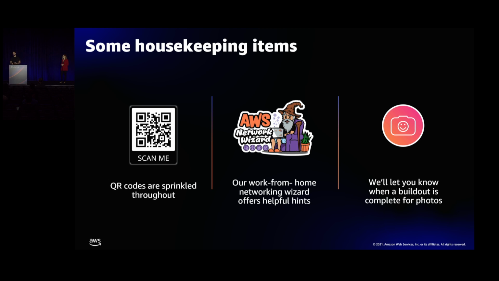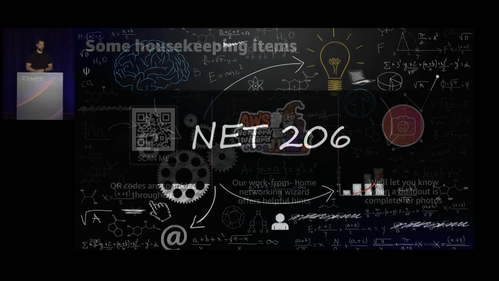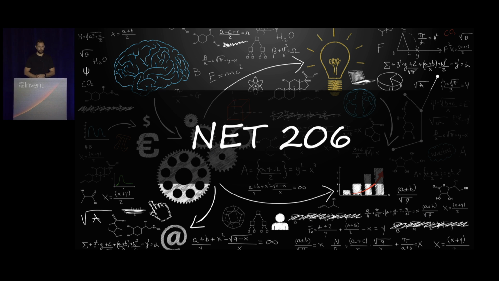And lastly, we have a bunch of architectures in this session. It is advanced VPC design, and we talk about a lot of the architectures and how they're put together. The beauty of networking is it's really easy to build networking architectures in PowerPoint and convey what the traffic flows look like. As network folks interested in VPC, this is immensely useful. However, we have a lot of build-outs, so we do throw a little camera icon up there when those are finished, so you know when to take a photo if you wanted to.